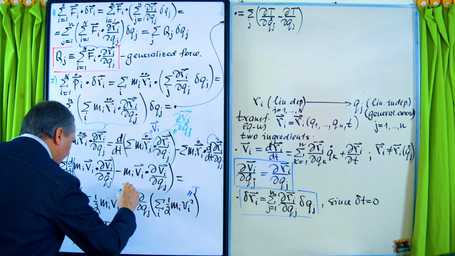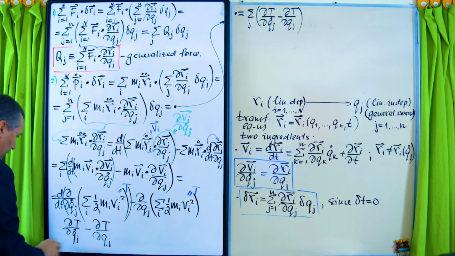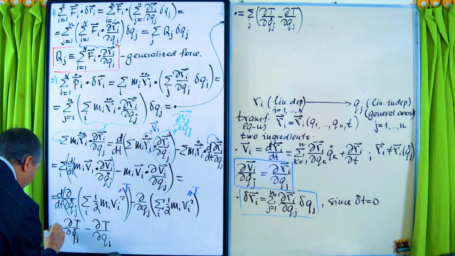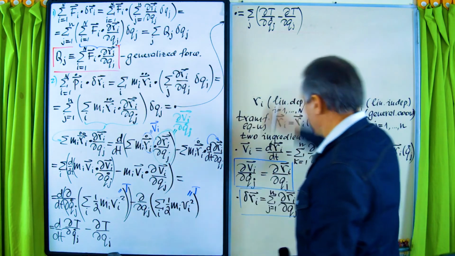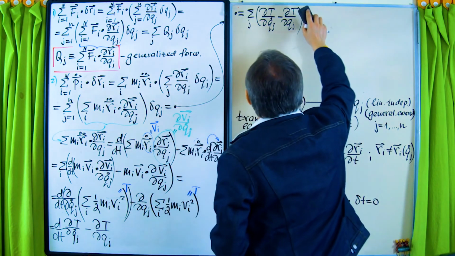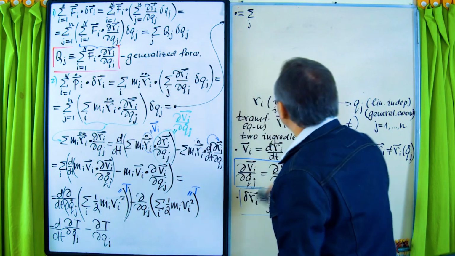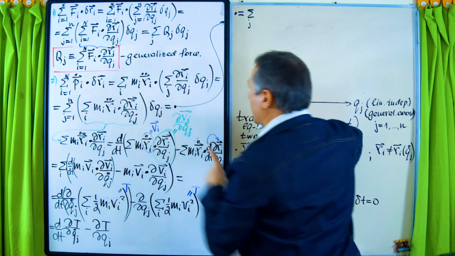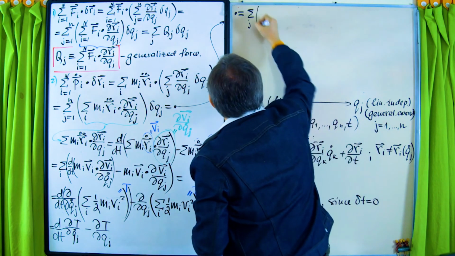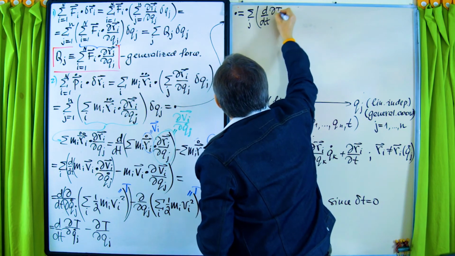I will put a bracket like this. Right. So, and here the same. So it will be equal to d over dt. Right. Okay, so now also the same here. I have to fix it. Again, if you see that something is not completely right, tell me. So that summation, and in the bracket, I will have d over dt, partial derivative of kinetic energy